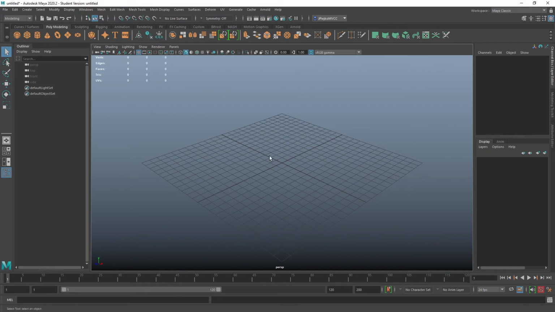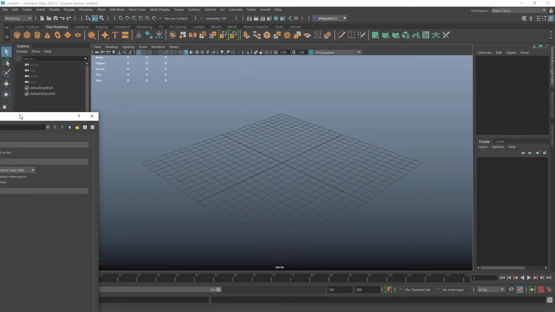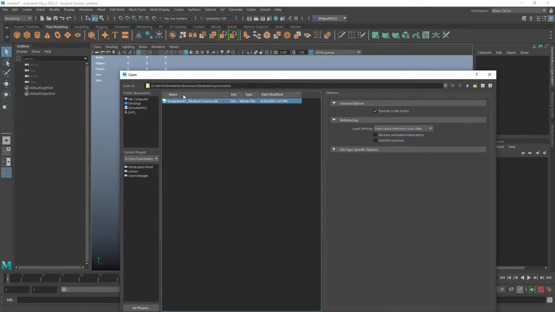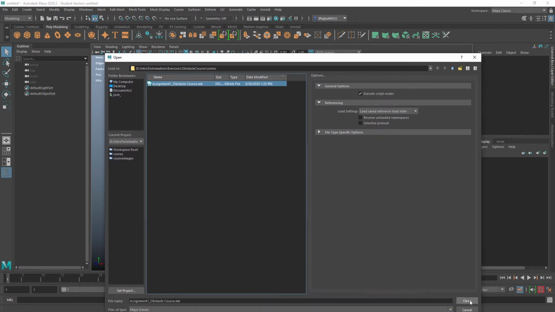Now, if it doesn't do anything, then you did it correctly. If you set a project that isn't actually a project, it will tell you that it can't find the project. So if it doesn't do anything, that's the good thing, which I know can be confusing. But I can prove to you that it actually did something, because if I go now to File, Open Scene, there it is. Instead of it being, I think it was a Sean and Jen or something like that, now it's saying Assignment 1 Obstacle Course. So this is great, because now if I hit open